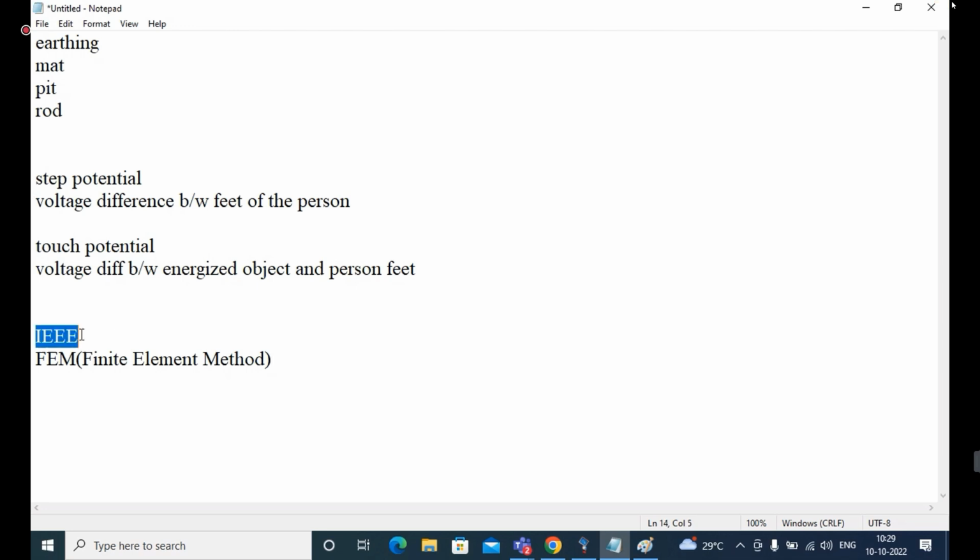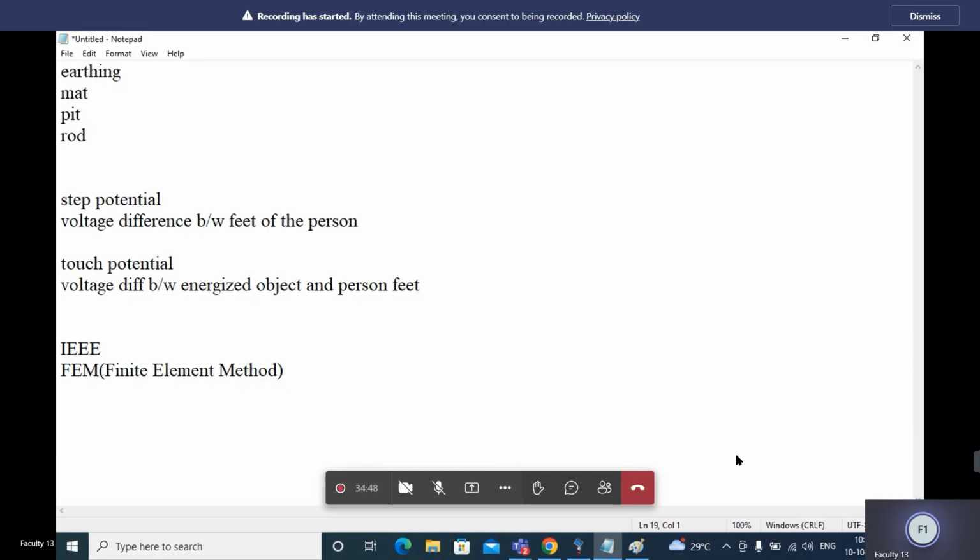So first I will start with the IEEE method. For this IEEE method also we have a tolerance value. ETAP software will automatically provide the maximum value based on the fault current. Mainly they will consider resistance. Okay. So the maximum resistance value will be less than 2 ohms.